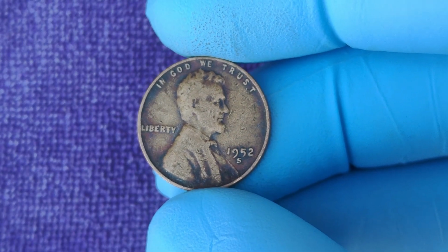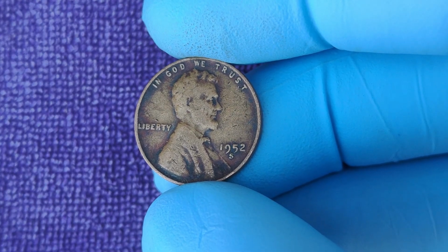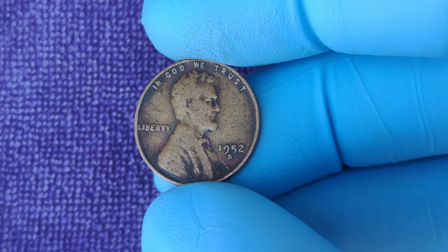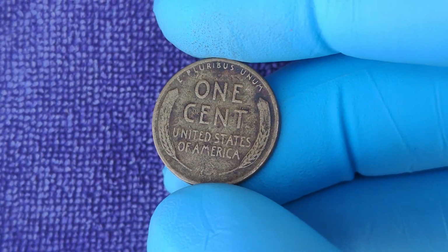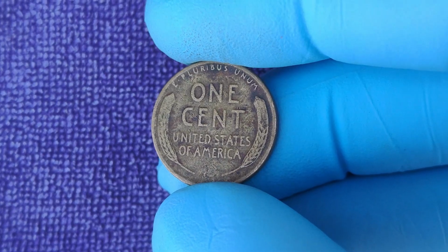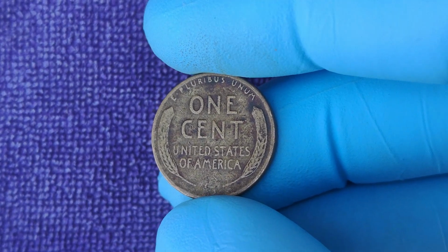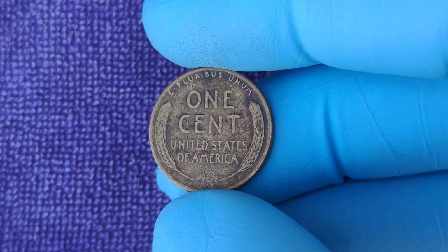Imagine holding a small, brown copper coin in your hand, a coin that has passed through grocery stores, gas stations, lunch counters, and maybe even a soldier's pocket during the early years of the Cold War. At first glance, it looks ordinary. Just another old penny. But what if I told you that this tiny piece of metal could be worth a